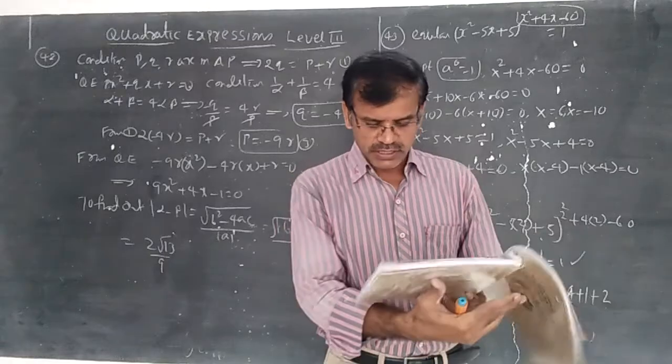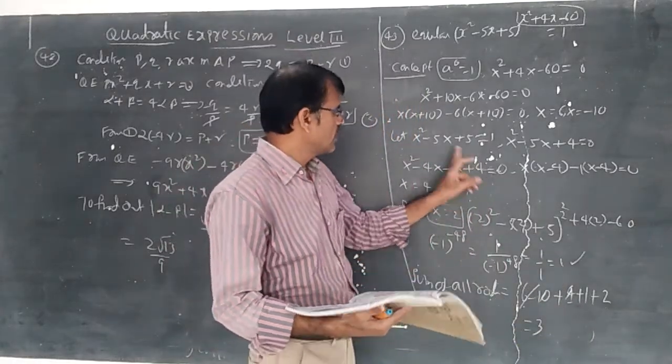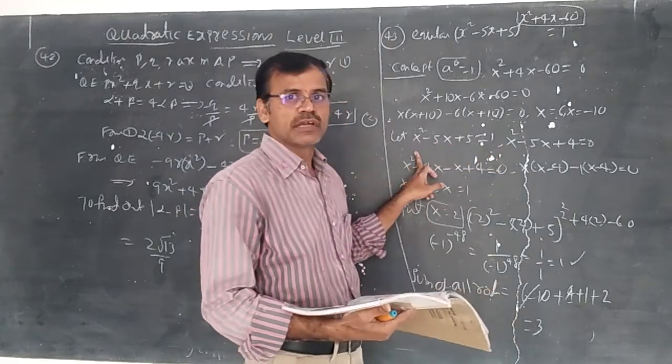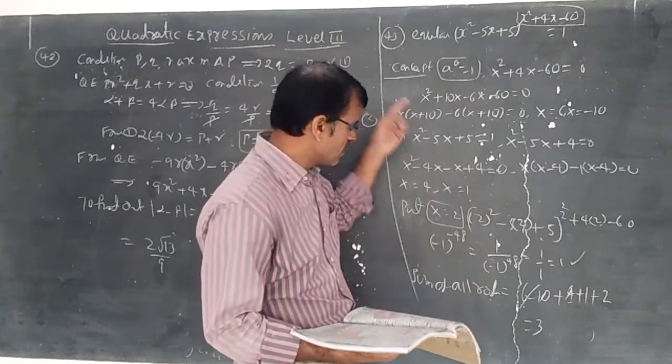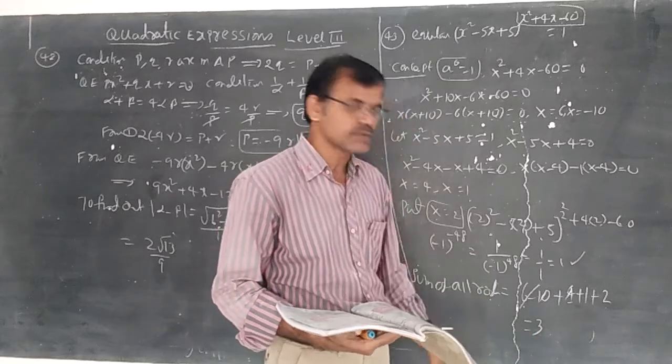Now here it is 43. To understand, if we put y as minus 1, x square minus x plus y is equal to minus 1. Taking minus 1 to this side, it becomes x square minus x plus 6. The roots are minus 2 and minus 3. They are also roots. If we put 3 minus 2 minus 3, it becomes minus 2.